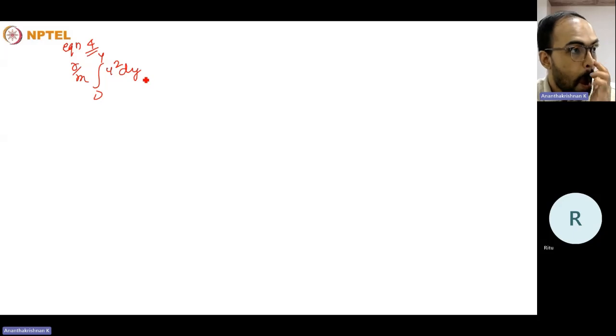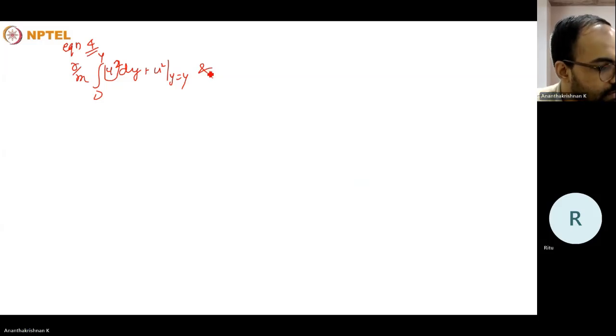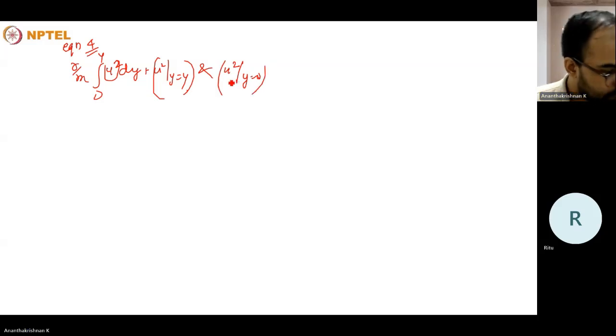And then we have to check the value of the integrand. So this will be having a plus u squared at y is equal to y, and this one will be u squared at y is equal to 0. So the value of this particular term,